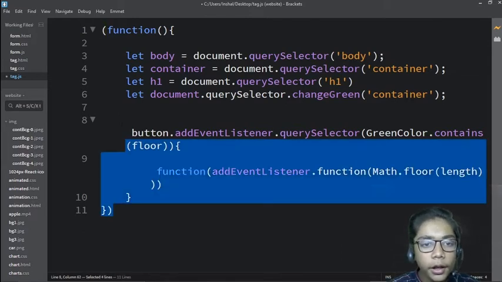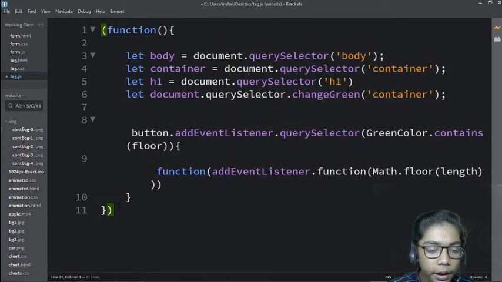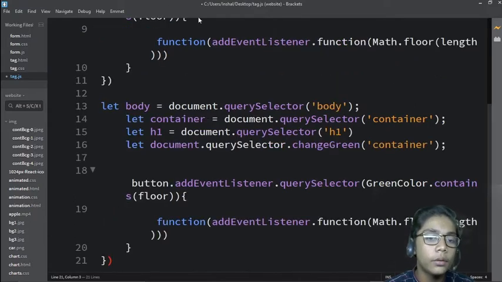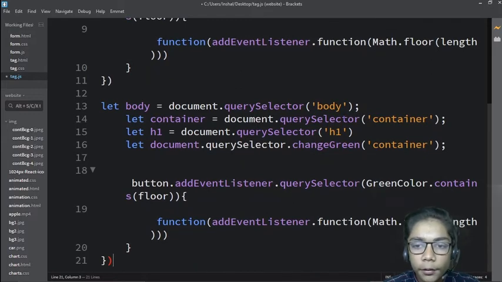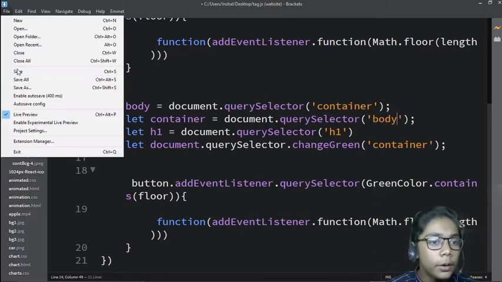Now when you've done that, you have to copy all these things from here, and paste that over here. Now we have done our work till over here. Now you have to change it to container. So I will add container over here and body over here. Okay, so this is enough. When you've done that, it will be saved from here.